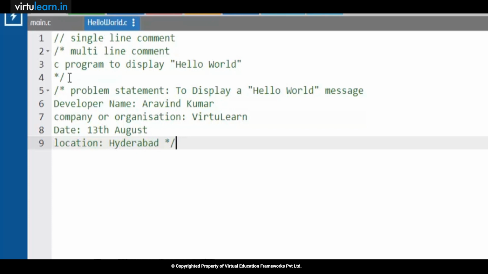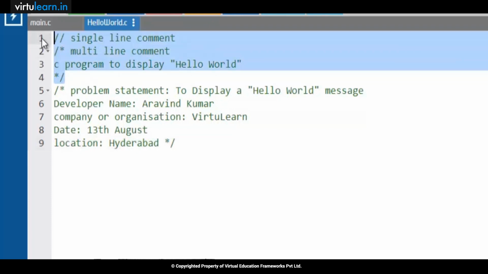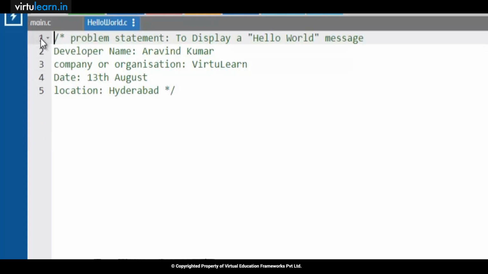If they have any doubt or any query regarding that particular code, they can approach you. This documentation section is not mandatory, but it is good if you use it. And the next section is